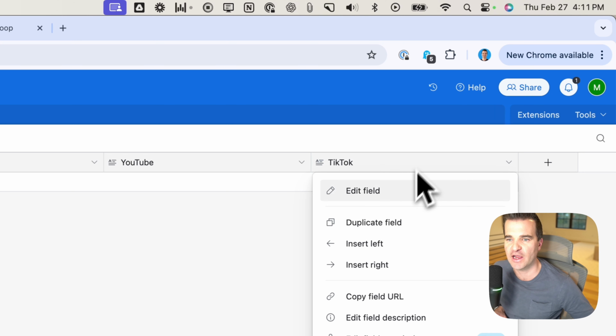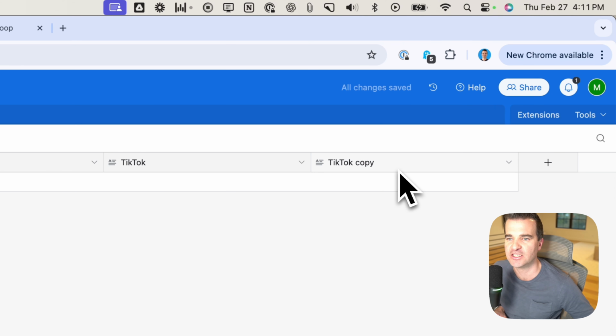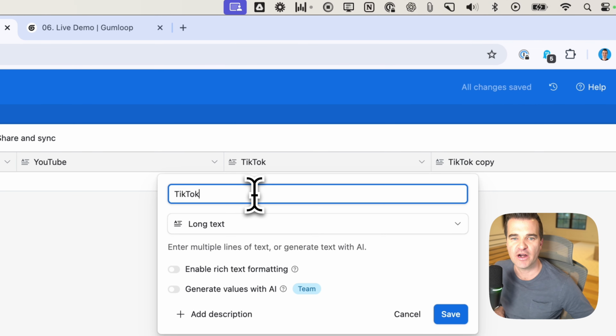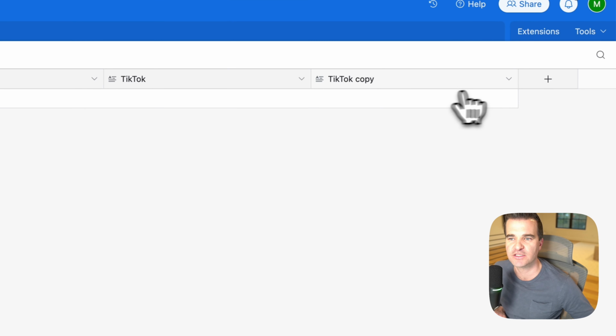And you just have to create one. And if you want, you can duplicate it just like that. Go to edit field, change the name, right? And that's how quickly you can do this. So I'm not going to keep that